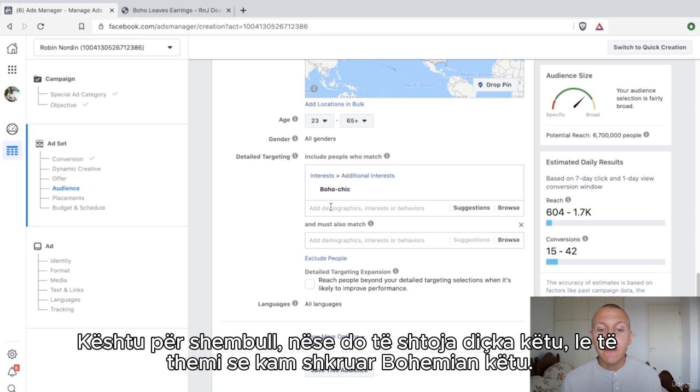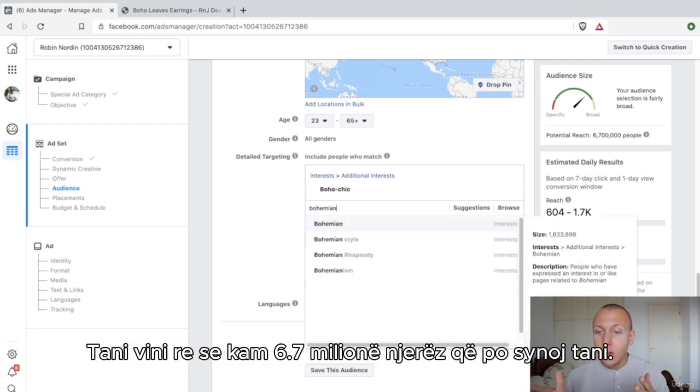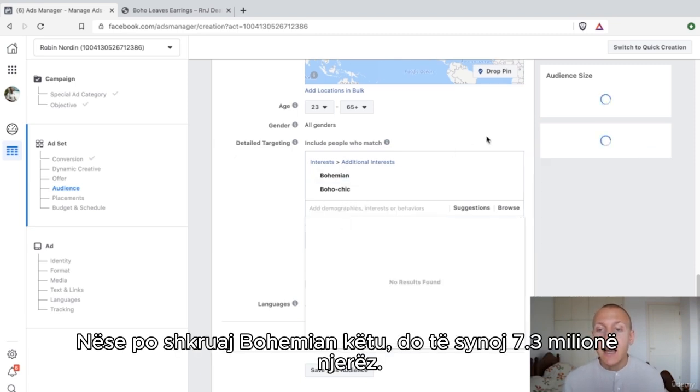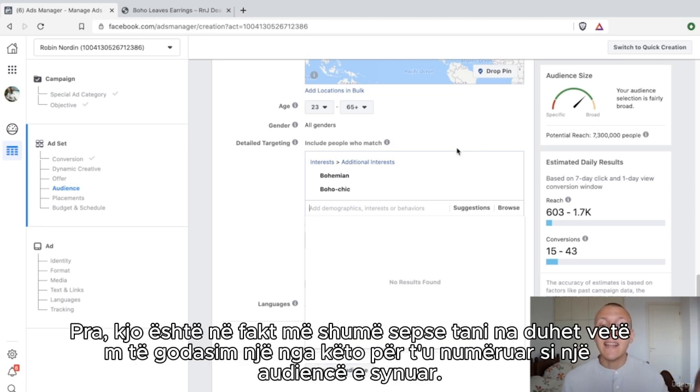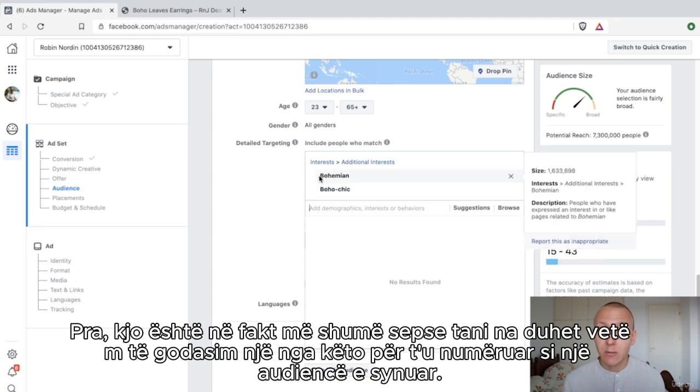So for example, if I were to add something in here, let's say that I wrote bohemian in here. Now, notice that I have 6.7 million people that I'm targeting right now. If I write in bohemian in here, I'm going to be targeting 7.3 million people. So that's actually more, because now we only need to hit one of these to be counted as a targeted